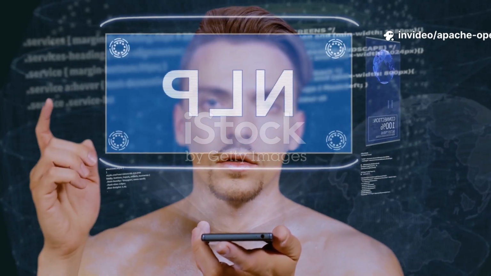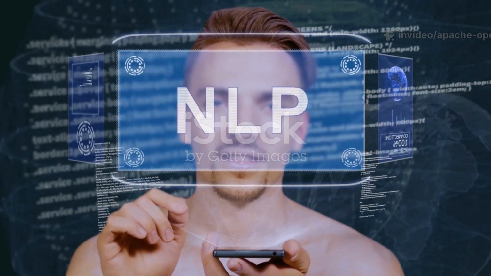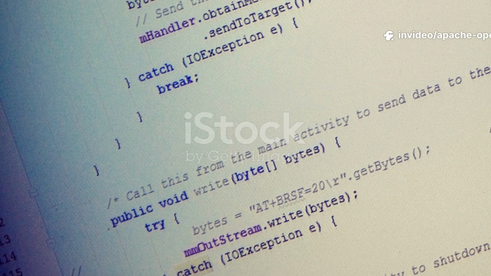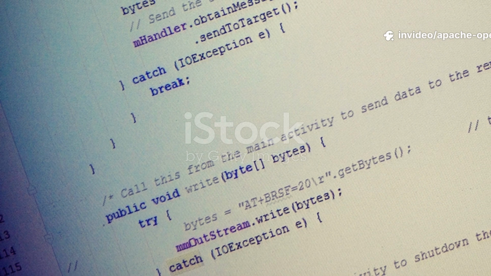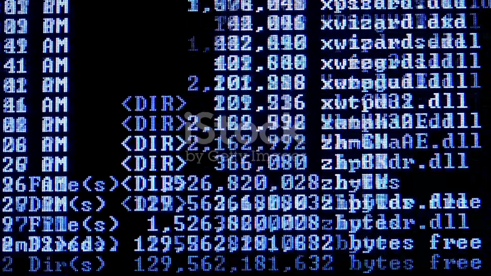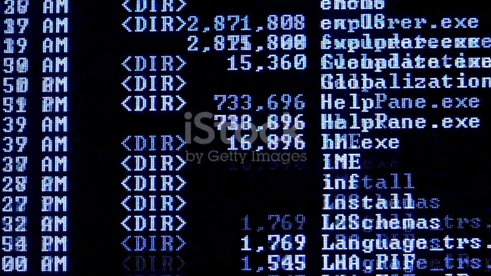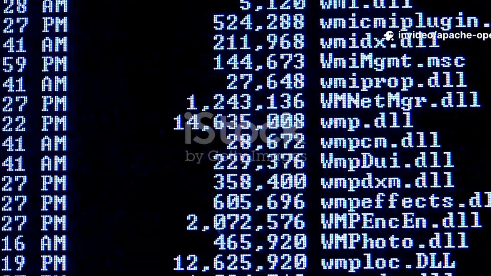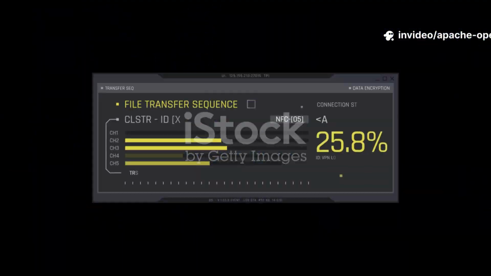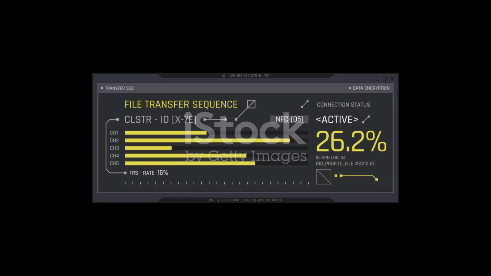Apache OpenNLP is an open-source, machine learning-based toolkit specifically designed for natural language processing tasks. Developed under the Apache Software Foundation, it is predominantly written in Java, with approximately 97.5% of its codebase in this language, making it a natural fit for Java-centric development environments. The toolkit provides a collection of pre-trained models and utilities that empower applications to comprehend and extract meaningful information from unstructured text data. Its design prioritizes efficiency, rendering it highly suitable for small to medium-scale applications where performance and resource